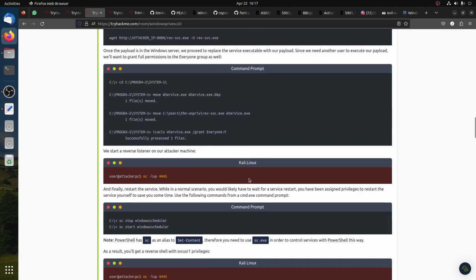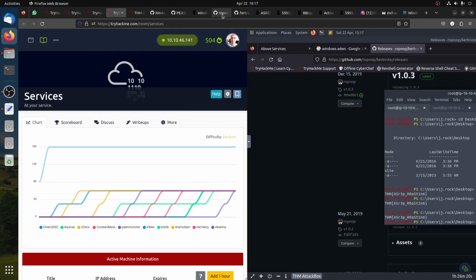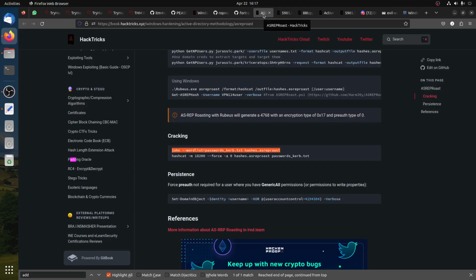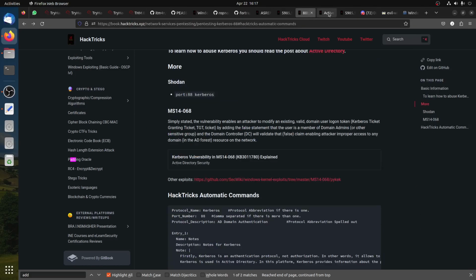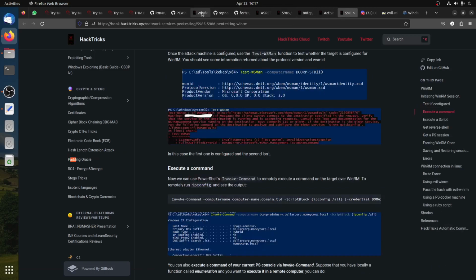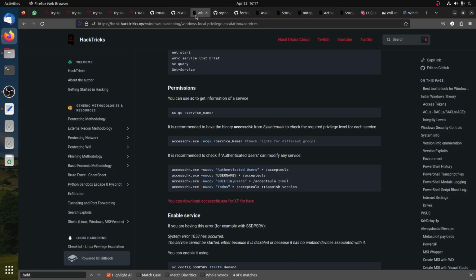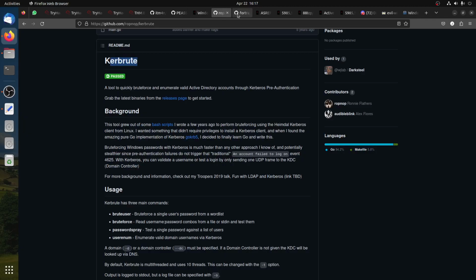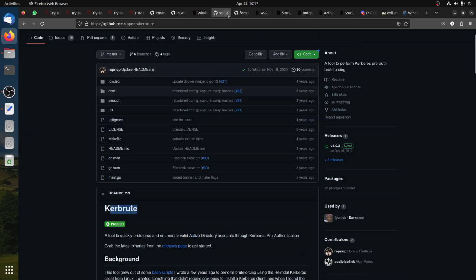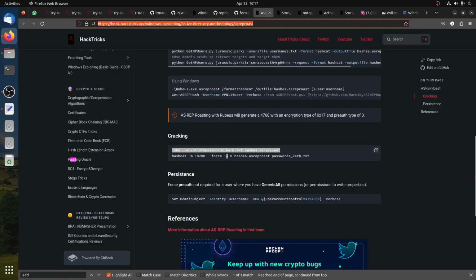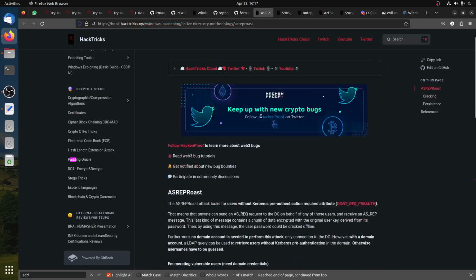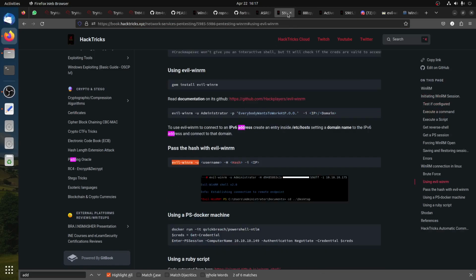getting a shell, a remote shell, but in our case we're looking for privilege escalation. If we also go to this HackTricks website, it gives us an idea for when you try to... where is it? Did I mess it up again? No, okay, let me close the one I don't need. So this is the one we use for getting the password,